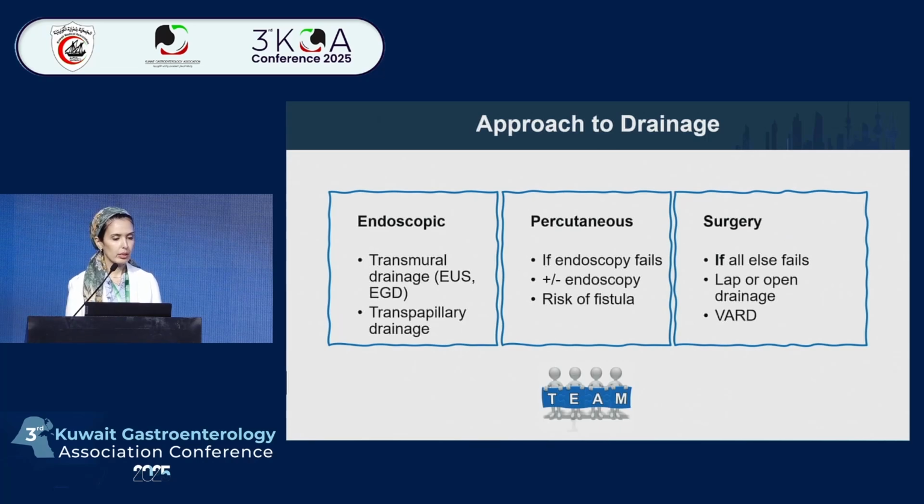And how do we drain these collections? So we have 3 approaches: endoscopic, either transmural drainage, EUS guided, transpapillary drainage, which is less often performed, and then we have percutaneous drainage if endoscopy fails, or in conjunction with endoscopic drainage. This does cause a risk of fistulas, however. And then finally, if all else fails, we sometimes proceed with surgery, either laparoscopic or open drainage, or video-assisted retroperitoneal